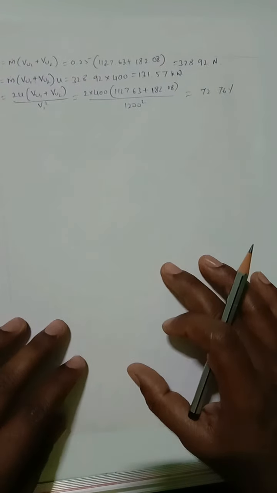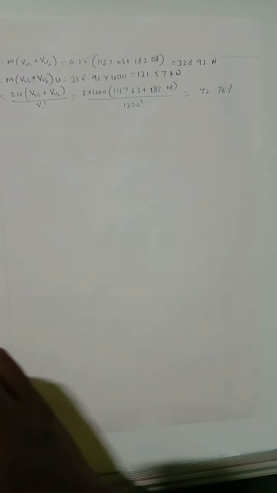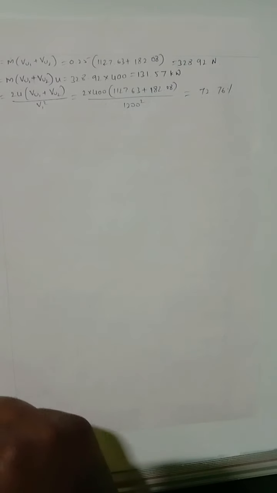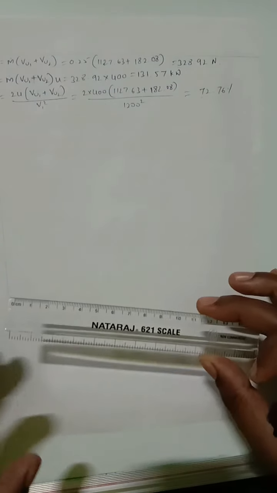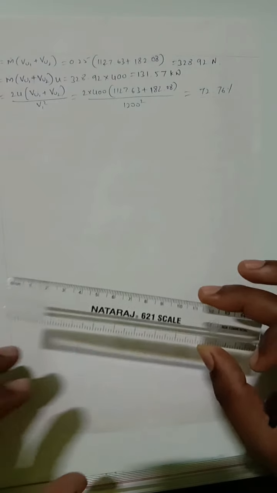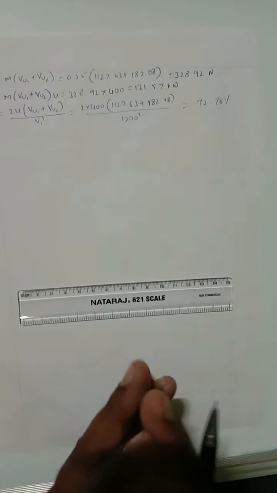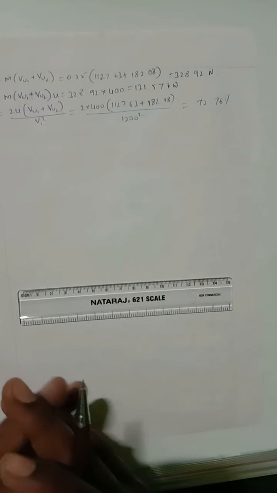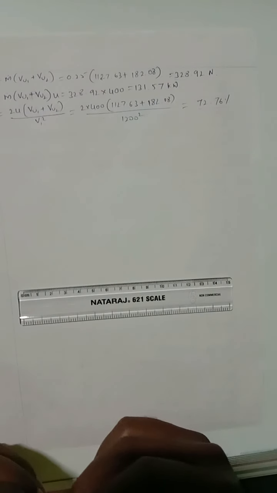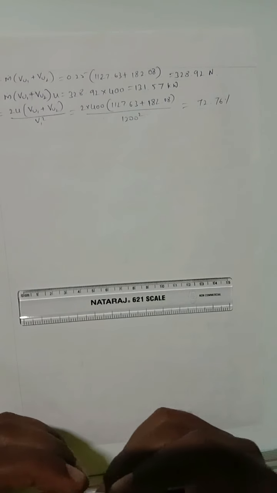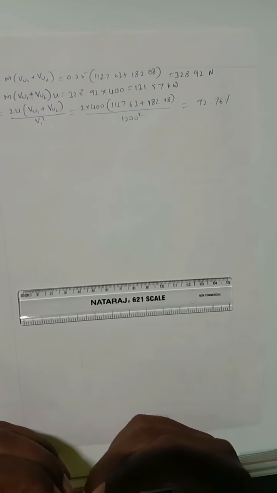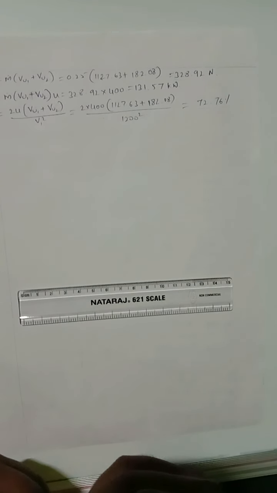graphical method. Okay, observe carefully, it is very important how to solve using the graphical method. So here he has given us the tangential speed of the blade. How much is it given? He has given us 400 meters per second, and he has also given us the absolute velocity of the stream at the inlet, that is 1200 meters per second.